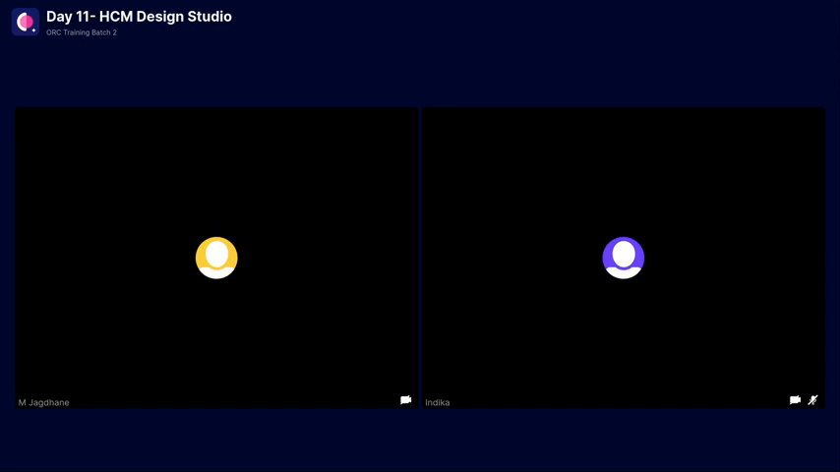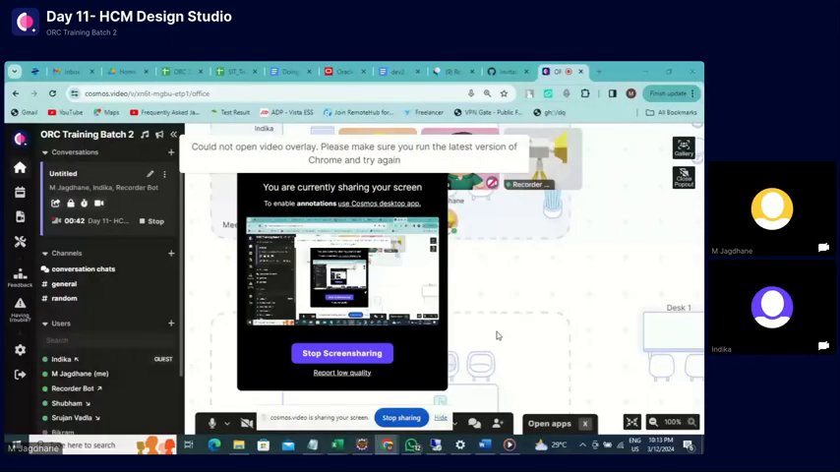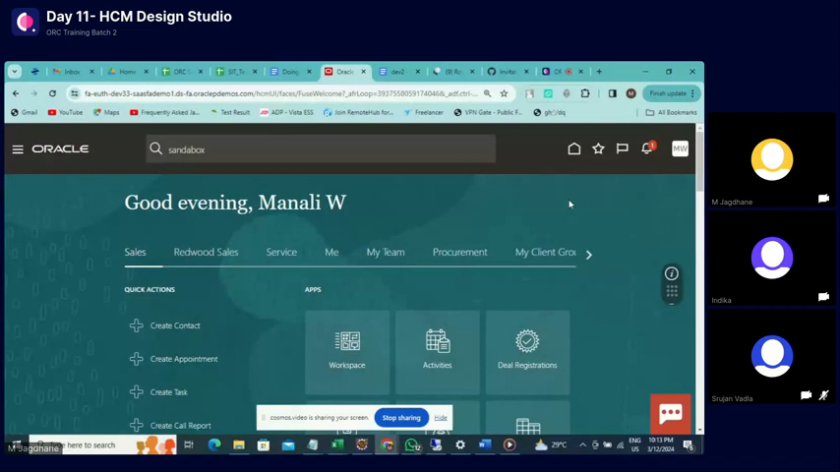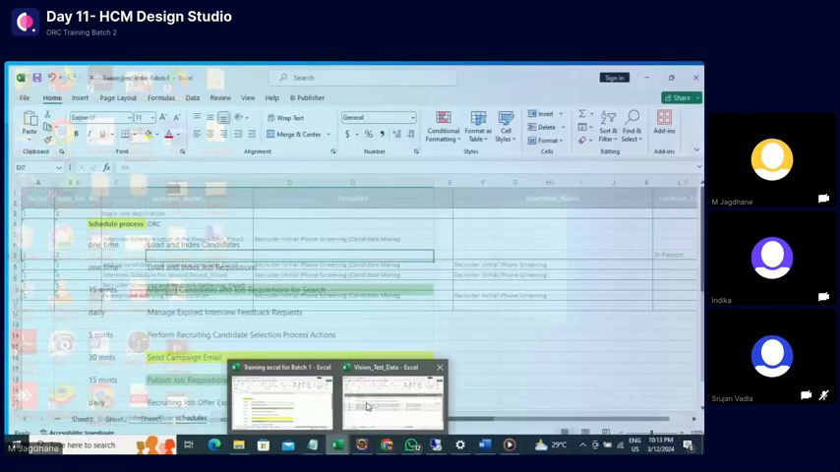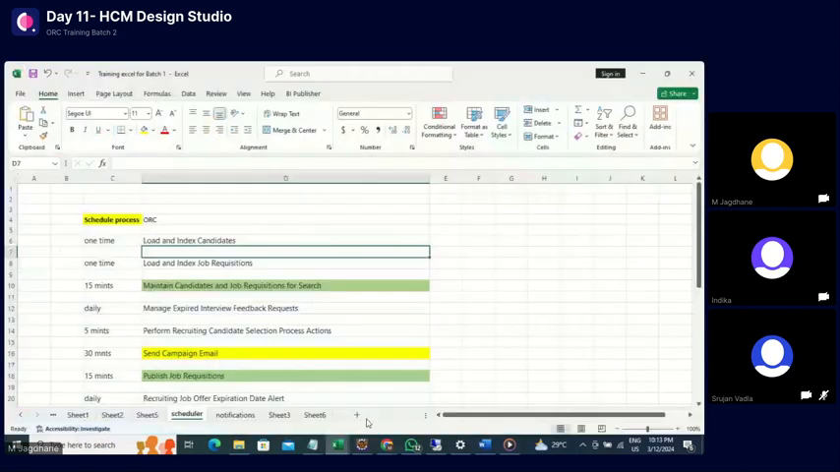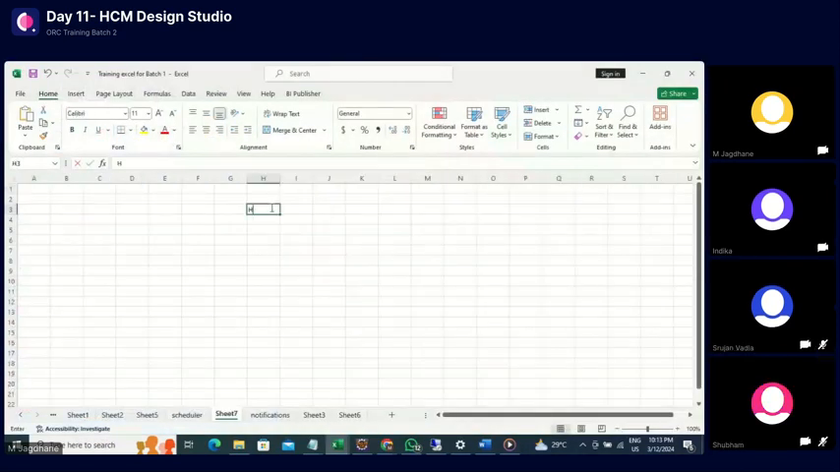Okay. So for today, our topic is HCM transaction design. Did we have this topic in the batch one? HCM transaction design studio. Did we have it or not? I didn't remember. I remember last time we did, and I tried that one and it was working well, but this time I didn't try anything. Okay, the topic is HCM